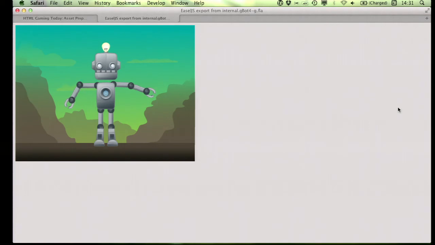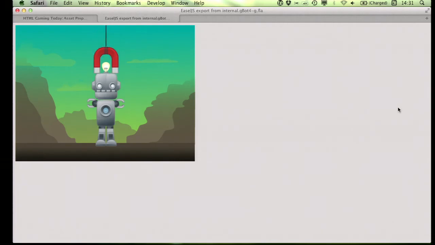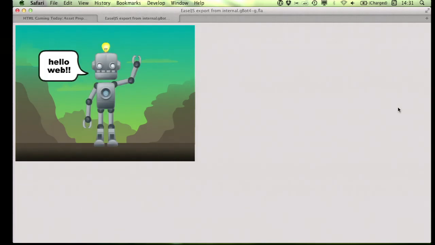And so this is now running inside of Easel.js. In this case, it's running on the canvas. But you can imagine how... you can see the code executed, go to and stop back on hello, and change the text of that speech bubble. And with our experimental build, I can also run this content, as you saw earlier, in the DOM and SVG and WebGL.